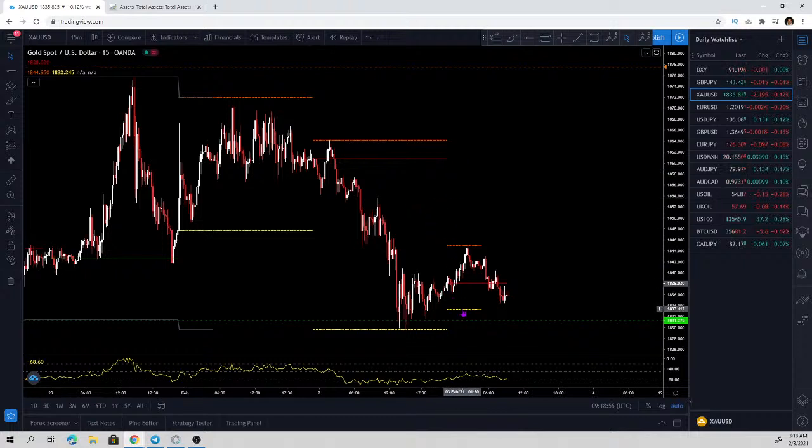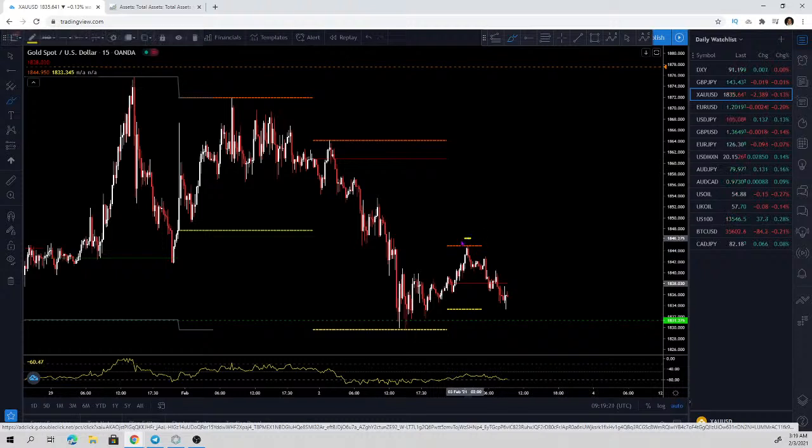Right now, what we are looking at is an inside day, okay? An inside day is just when today's range is inside of yesterday's range, right? And if price starts to rally and first of all breaks the daily open and breaks today's highs and starts printing new daily highs, the probability of price retesting yesterday's highs and yesterday's